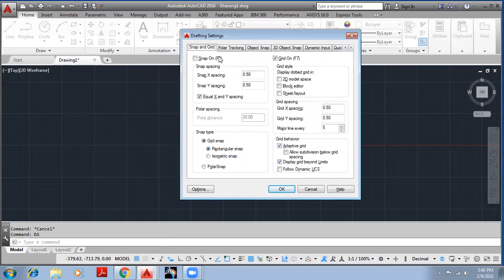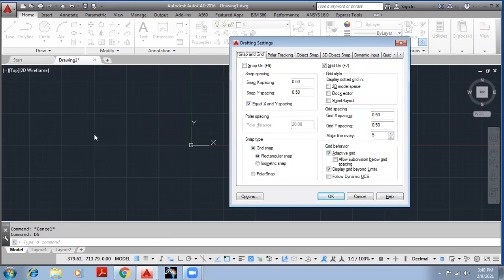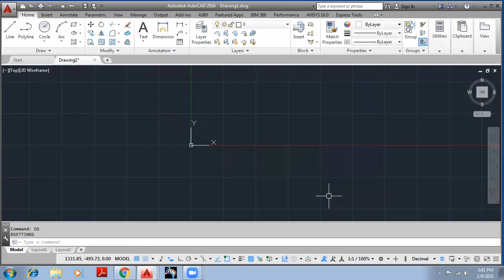The very first one is snap and grid. So what does snap and grid mean? Whatever grid lines we are seeing over here in the space, these boxes are called grids, which have a particular distance between them. One cubical square, and we have a number of squares connected to each other. That is called a grid. If we try to draw something with snap mode on, it is going to shift our cursor from this point to the next. For example, if I make snap mode on,